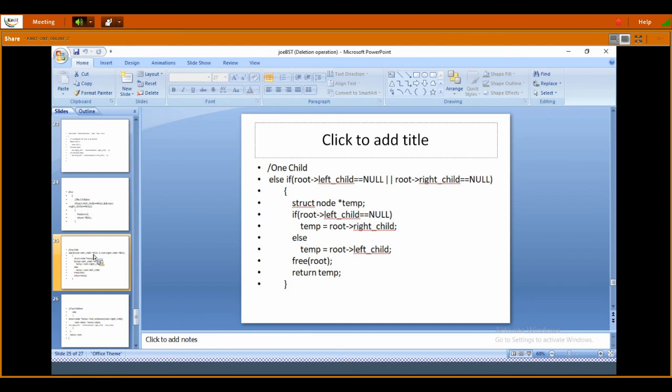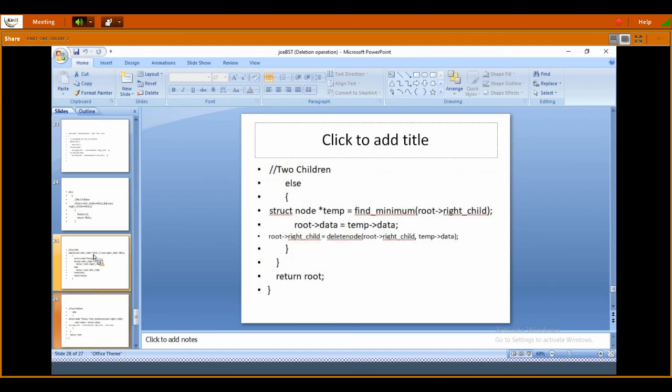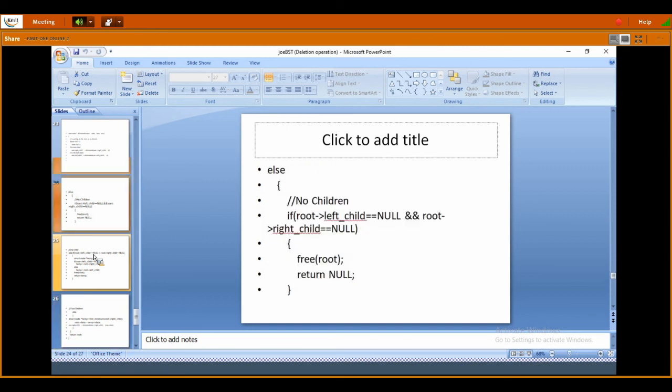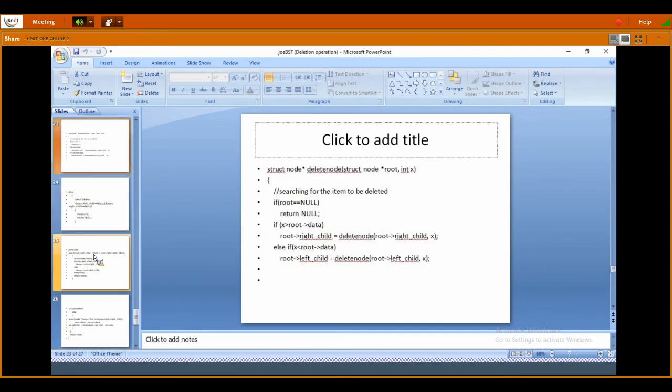This is the attaching part. If it is a two child case, we should call the minimum function to catch the minimum value. That minimum value node address I am storing in temp, and after that I am storing it in root's data. After that I am again calling the delete function, deleting it again.